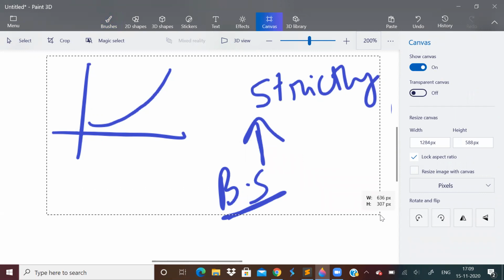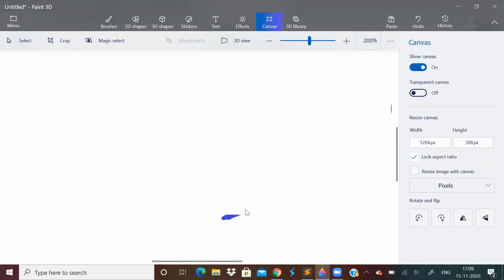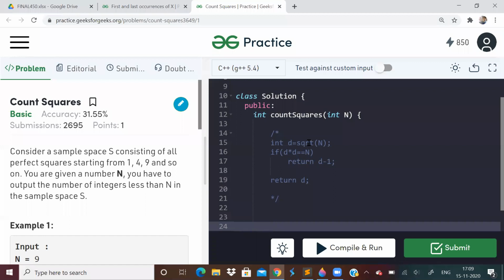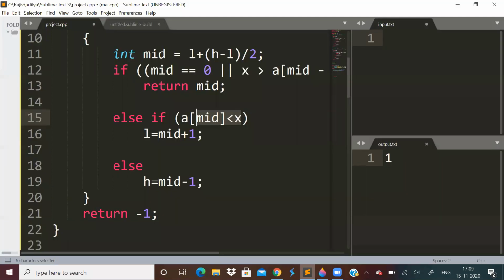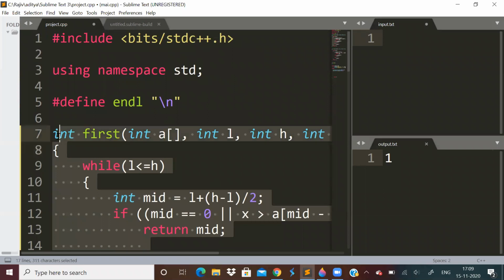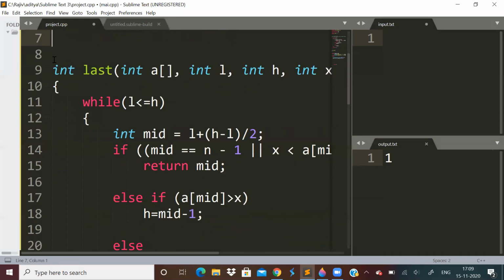So how to use the binary search concept? Actually, this problem can be solved without binary search if we use the inbuilt square root function. But in the interview, if they ask you, show me how to find the square root of a number using binary search, then what to do? That time what we can do is, I'll erase this part. I hope all of you understood this. Very simple this is.